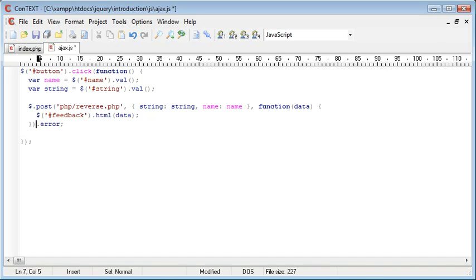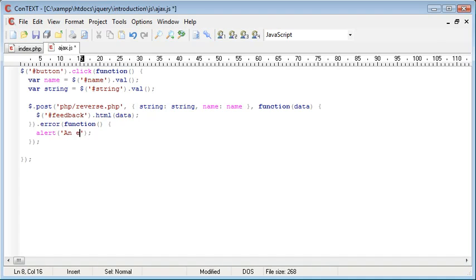I'm just going to use it at the end of this here. You'll notice that it starts here where my text editor has highlighted it red and ends here. So this is really after the initial post request. We can set another callback function. So function, again, we create a function inside of here, and then we have some curly brackets. I'm going to bring this down, and if there is an error, I'm just going to alert to the user an error